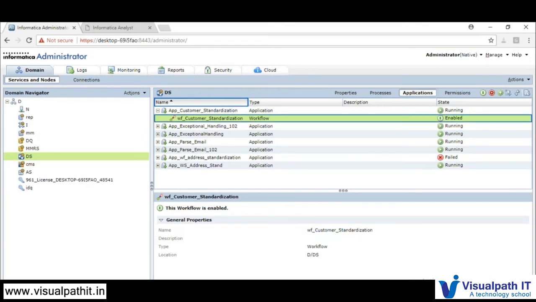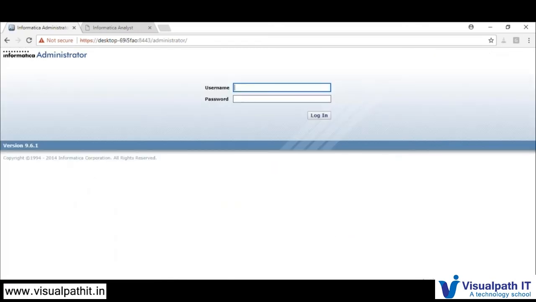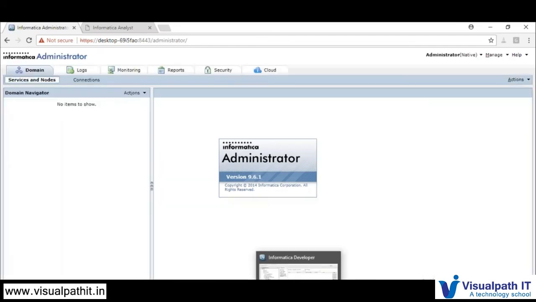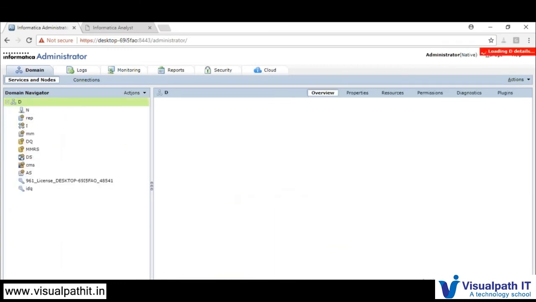So let me log in here. This is a key thing we will be creating under your developer tool.